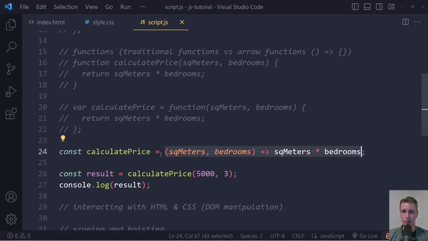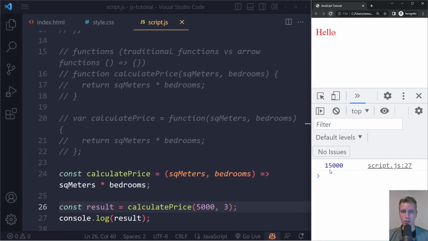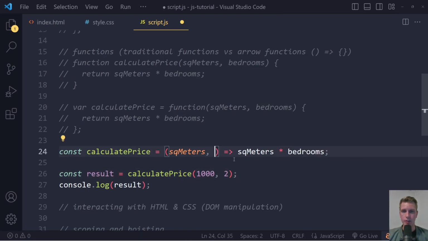It doesn't have a name, but we're assigning this function to calculate price, so we can still use calculate price here to call it, right? And just to prove this to you, if I refresh here, we still get the same result. If I change these inputs to 1000 and maybe 2 bedrooms, save and refresh, we still get a result here, right? If you only have one parameter here, by the way,